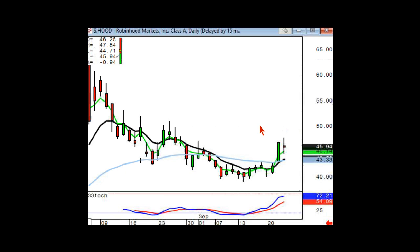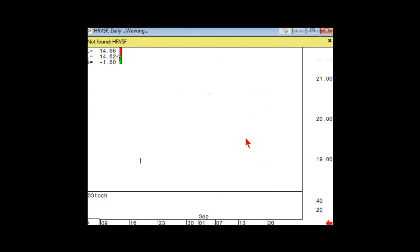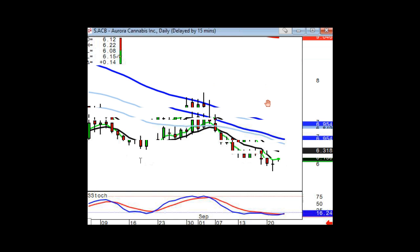Vail, that's still in a downtrend. So if you're short, notice that it's never been able to close back up above the T-line. Gerard, I don't think that's going to come up over here. HRV, SF. No, sorry about that. And ACB, nothing there. Probably wouldn't be, if you're short, you can stay short, but if it opens positive tomorrow, I'd cover